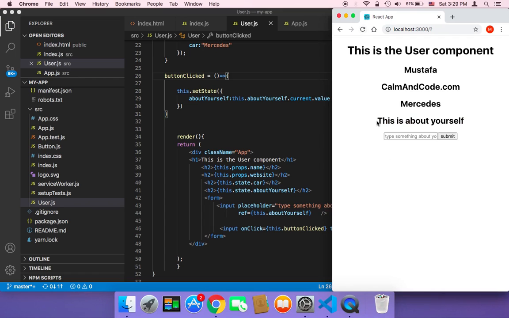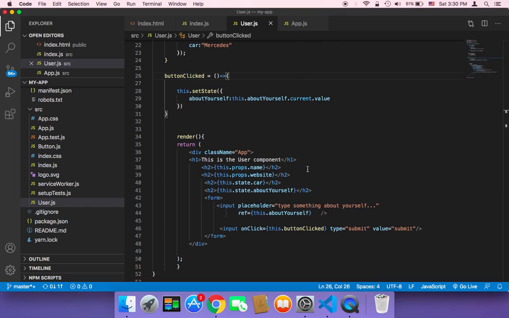Now initially the value is going to be here. This is about yourself. And if I type something here, I am an entrepreneur, and then I'm going to click on submit, and as you can see, it changed the value, but it went back to this is about yourself. Why? Because actually